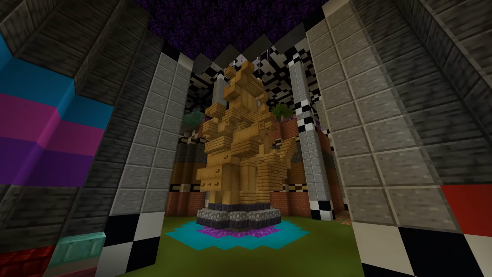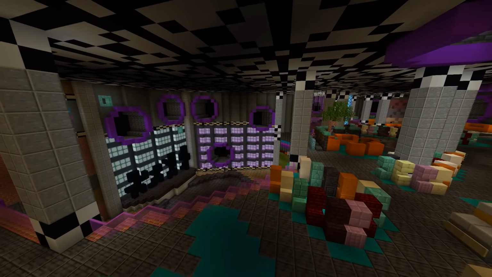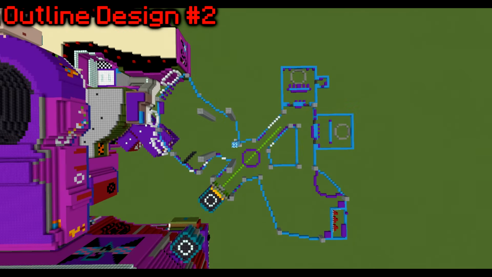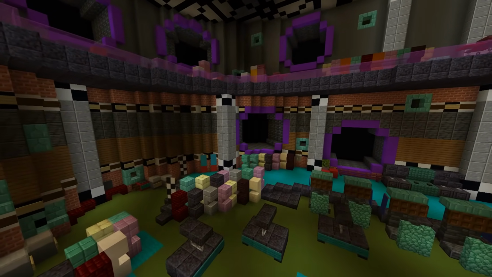However, nothing like this was compared to the Fazcade. Longtime viewers will know all about this build and its infuriating complications. This was the first time that the outlines took over 4 days to prepare with multiple redesigns, and it was all due to the fact that building a room full of angles in a game full of blocks